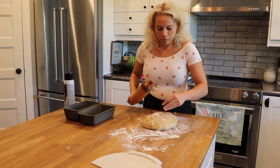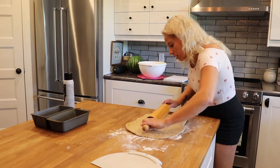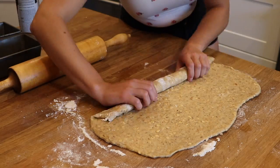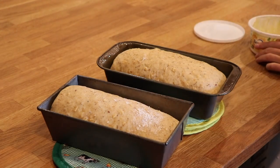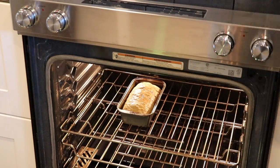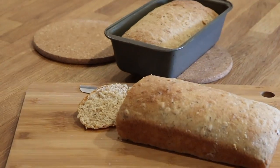Once it's doubled, lay it back on the floured surface and roll it out into a big rectangle. Next, you're going to start rolling it from the length side edge all the way over. This is going to create 2 loaves. So pinch the ends, fold them over, cut that loaf in half, and then place it in 2 greased bread pans. Butter the tops, put them in the oven,